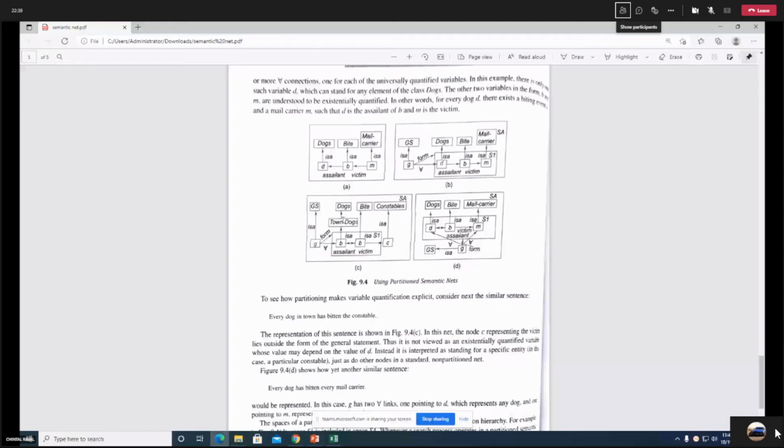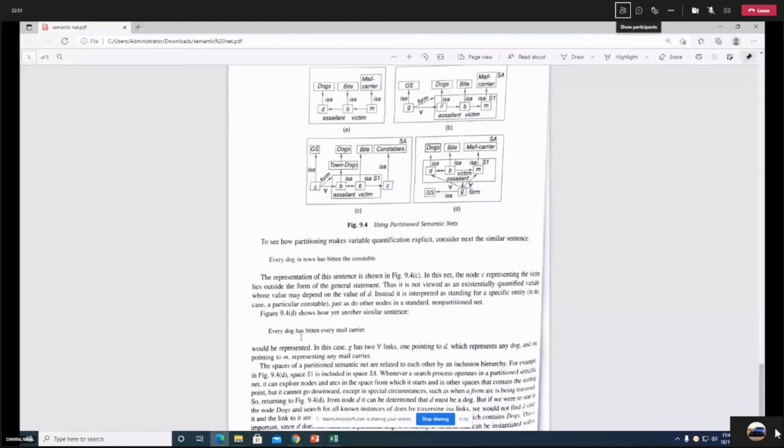Now the last statement, figure 9.4 D, is representing this statement: every dog has bitten every male carrier. Okay, so now the quantifiers are for dog and male carrier, every dog and every male carrier. So you can see two universal quantifiers over here initiating from the general statement G. One is for dog and the other is for male carrier.